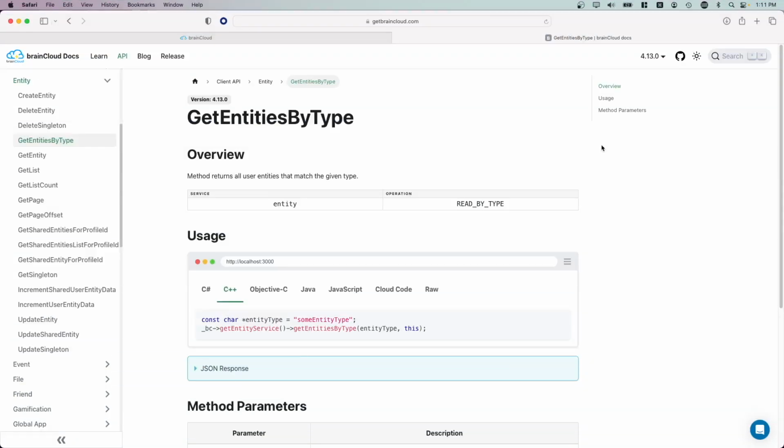Welcome to the Unreal BootCamp lesson on creating user entities. In this lesson, we'll be using user entities to store the user's progress in the example game's Horde mode. The first thing that we need to do is to determine if the user has already created a user entity